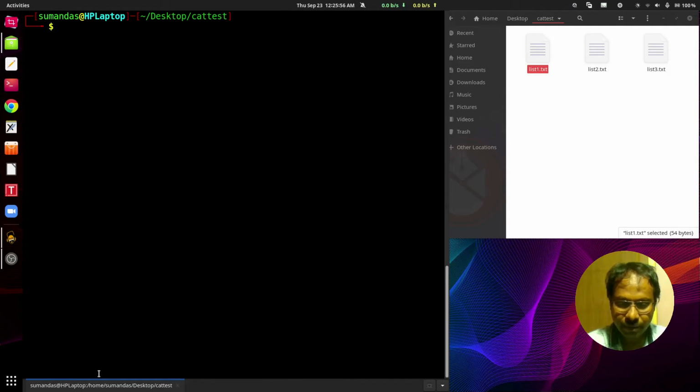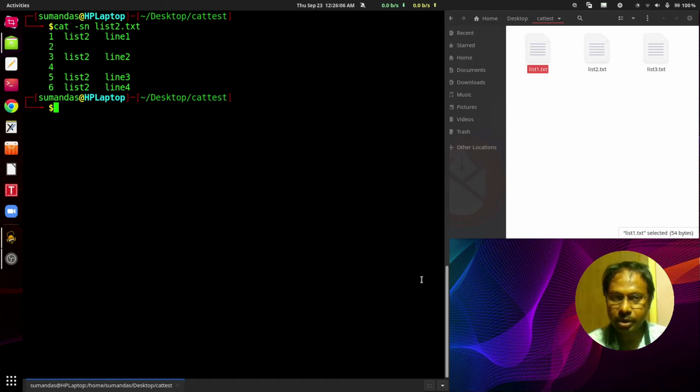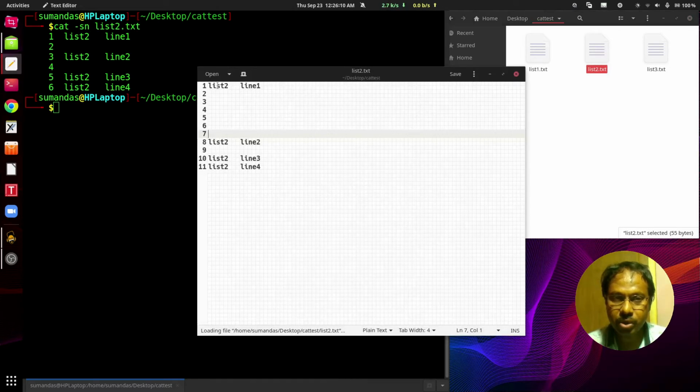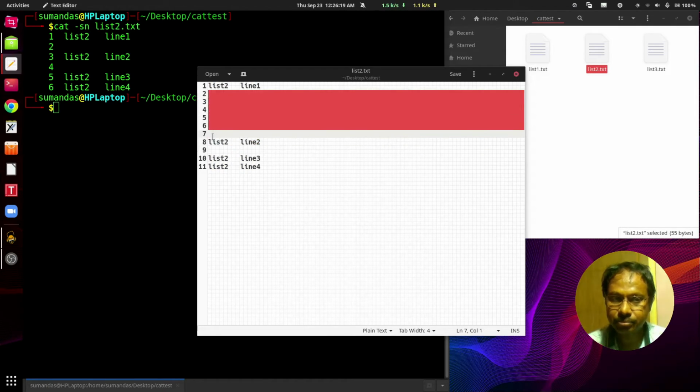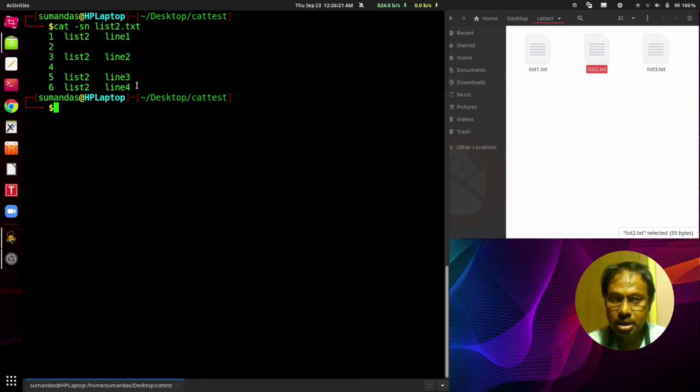Ctrl L, and at that moment -sn and list2.txt. Press enter. Here we can check also with list2.txt. Now in between the first line and the second line, there are practically 6 blank lines, but those 6 blank lines have been squeezed into only one.